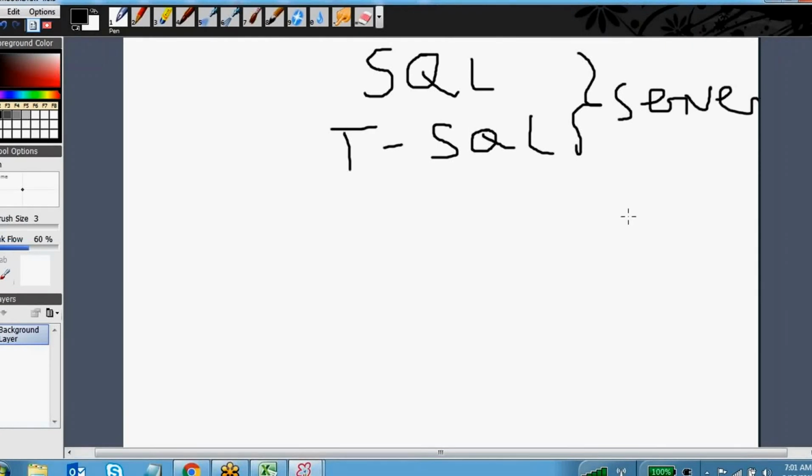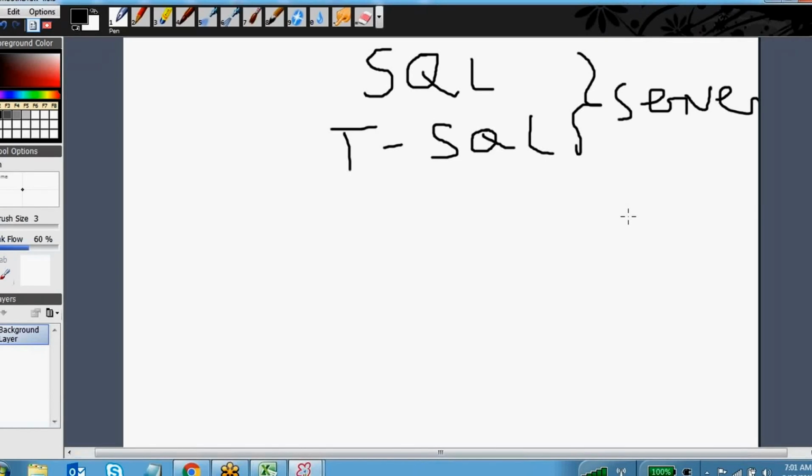Right, so normally you have data, and if you want to store the data, where can you store it? You can store the data either in a file, or you can store it in RDBMS systems. So what exactly is a DBMS system? It's a database management system. So you have an organization and some data. How are you going to organize this data?